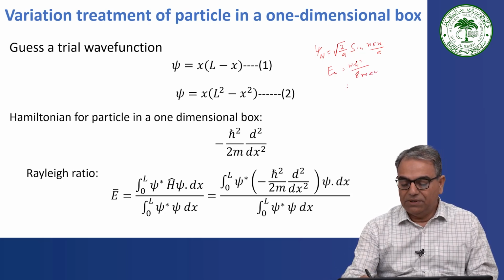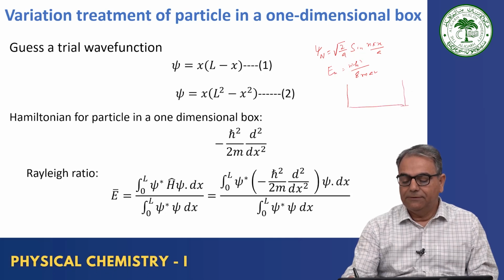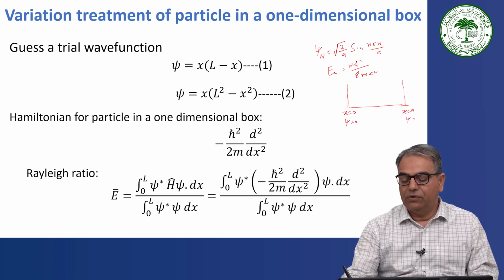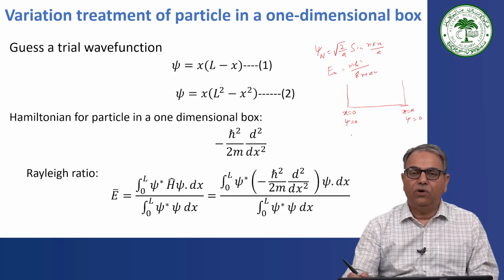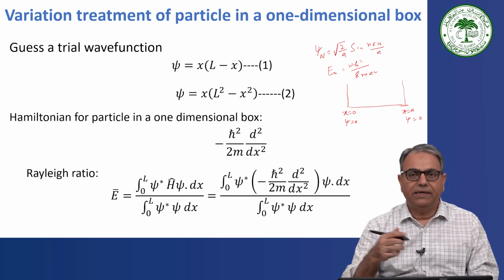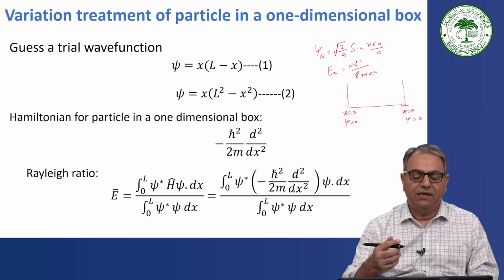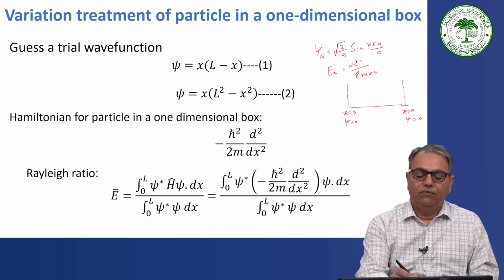And I said in the previous module that for guessing a trial function, what is important is that you look at the boundary condition. The boundary condition of the particle in a one-dimensional box of dimension a is that at x is equal to 0, the function is 0, and at x is equal to a also the function is 0. So any function which obeys this boundary condition could theoretically be a trial function for the particle in a one-dimensional box. For that matter, I have written two functions, 1 and 2, which is x into L minus x,